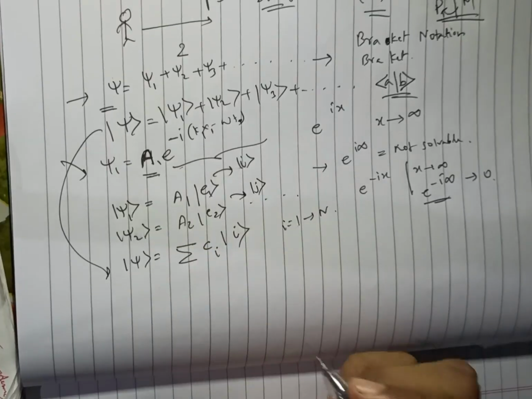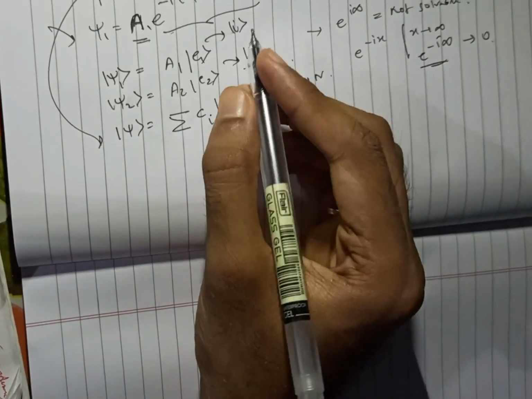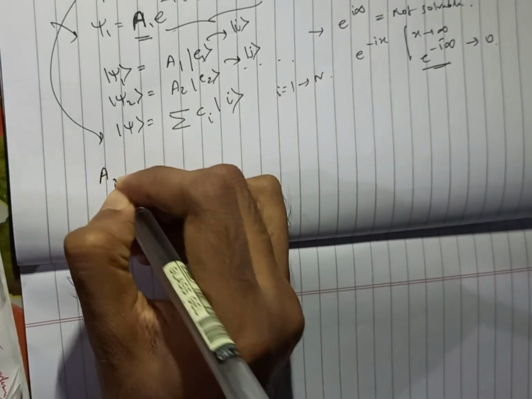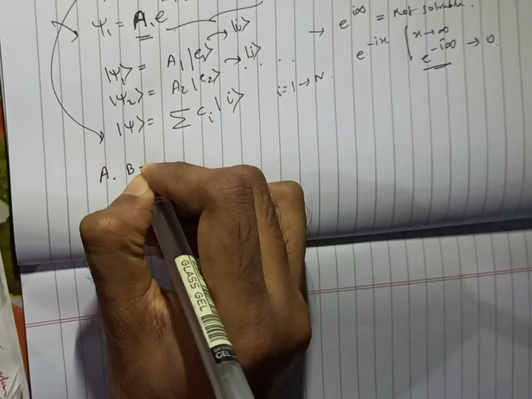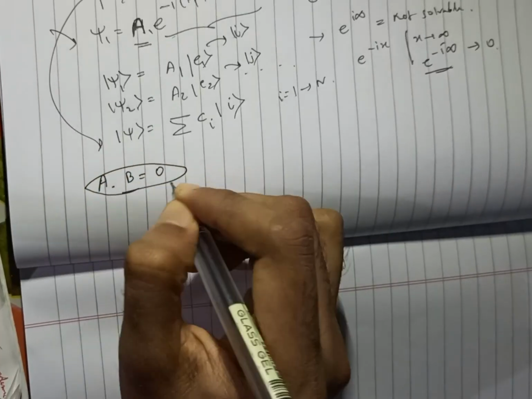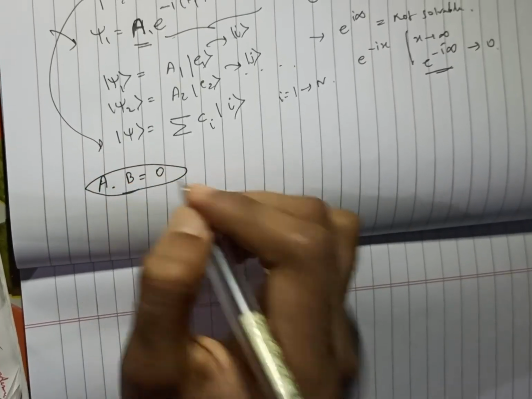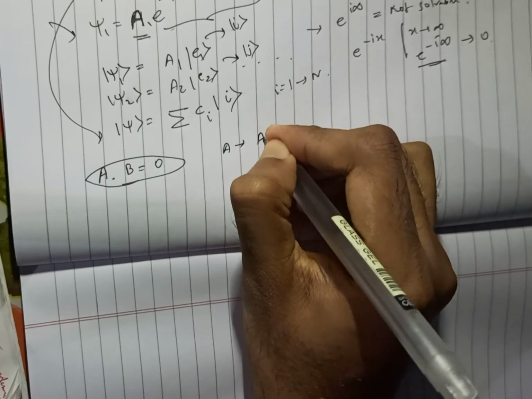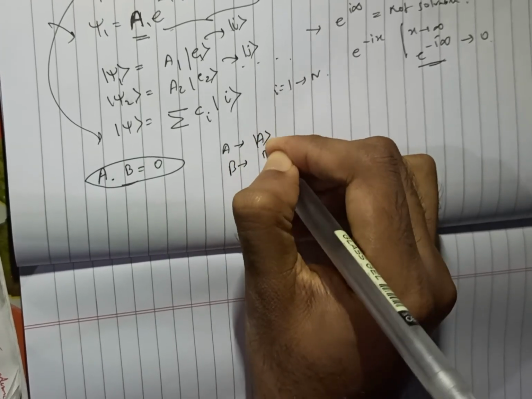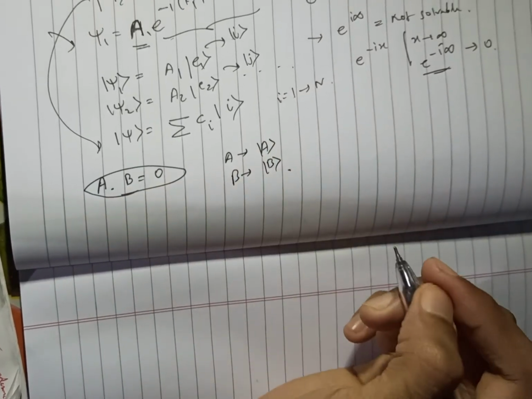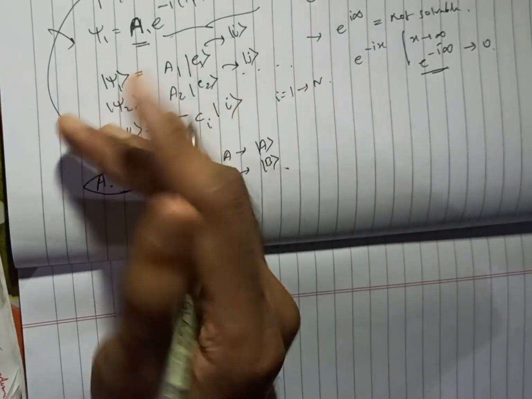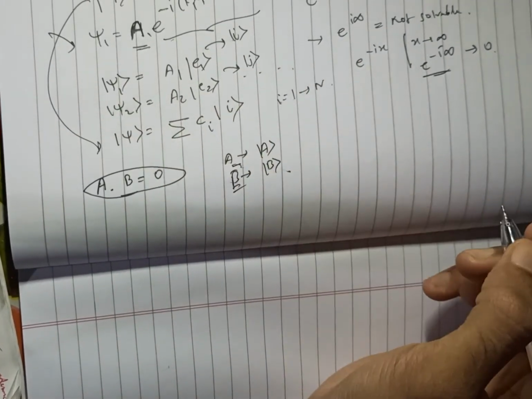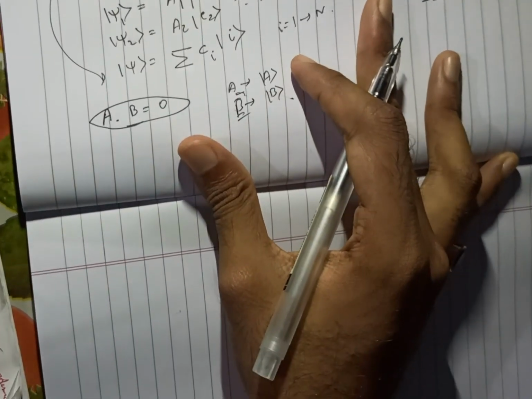Now, why are we doing this orthonormality? First of all, what is the concept of orthonormality and why do we use it? Let us consider that there is one term A, there is another term B. When we multiply them with each other, with A being some kind of vector and B being some kind of vector, if the product is 0, then we call these two terms orthonormal with respect to each other. But why do we need this orthonormality situation?